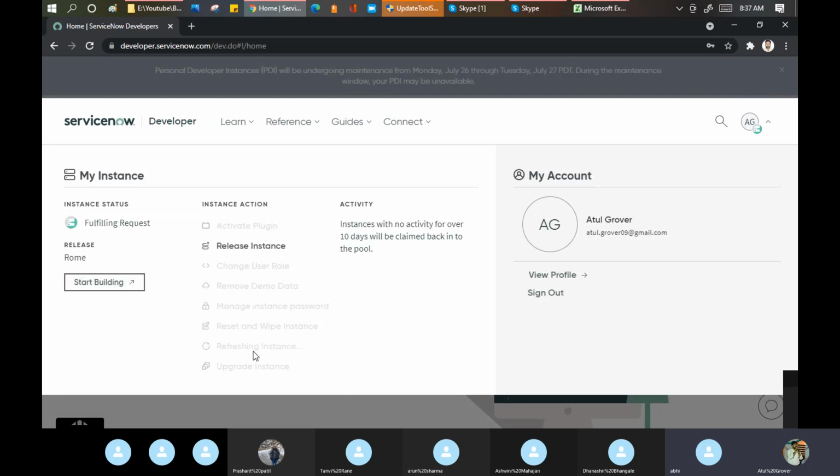So the e-commerce website is an interface for me, or in ServiceNow terms, a portal where my user will go and request any item. Now how can he request? He can see the items available on the portal as per his user criteria.